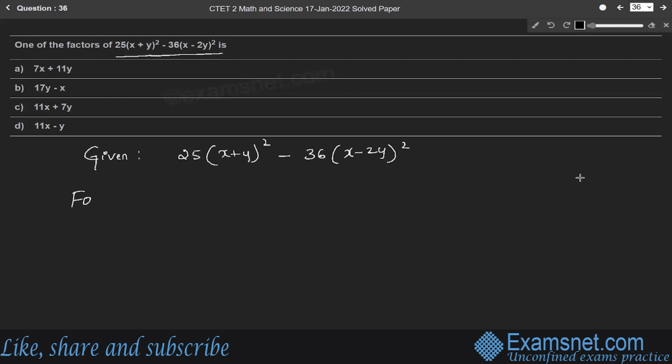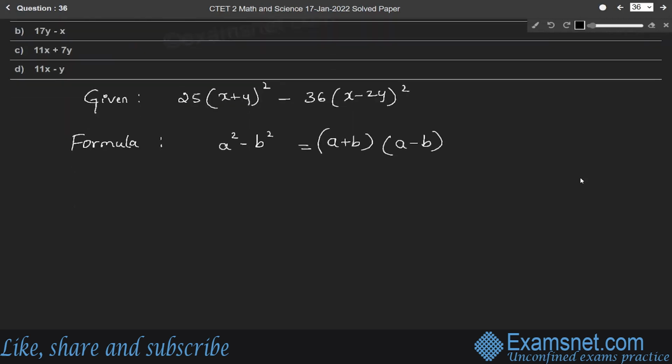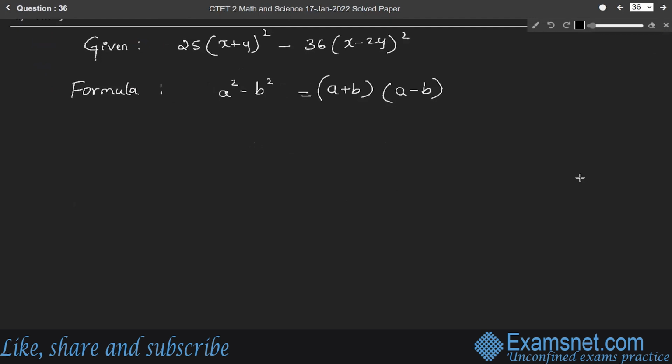Here, the formula used is a square minus b square is equal to (a plus b) into (a minus b). Since the given expression is in the form of a square minus b square, so 25 into (x plus y) whole square can be written as,